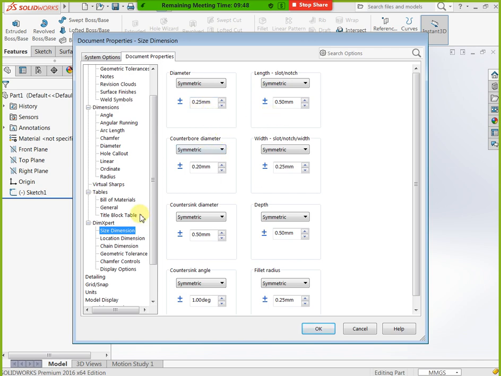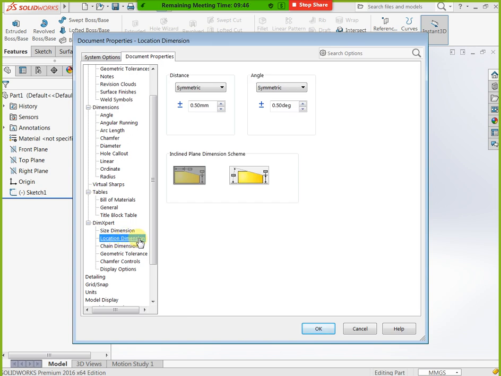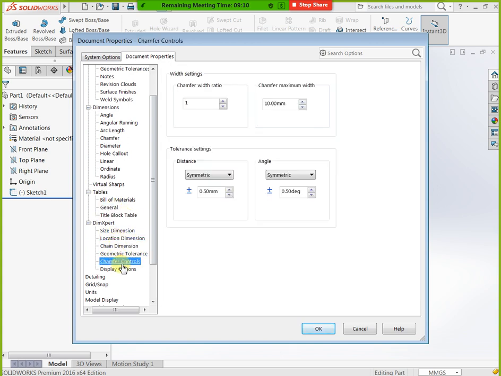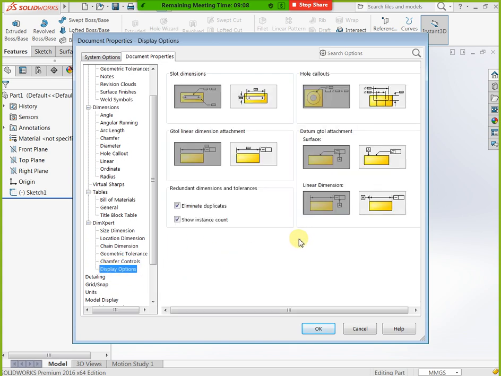We have three types of tolerances: limit, bilateral and unilateral. We will discuss these three in our tolerance classes. Next, title block we already completed, geometrical, chamfer control and display control. This is detailing; if you need detailing you can edit here, and grid or snap if you need a display grid.